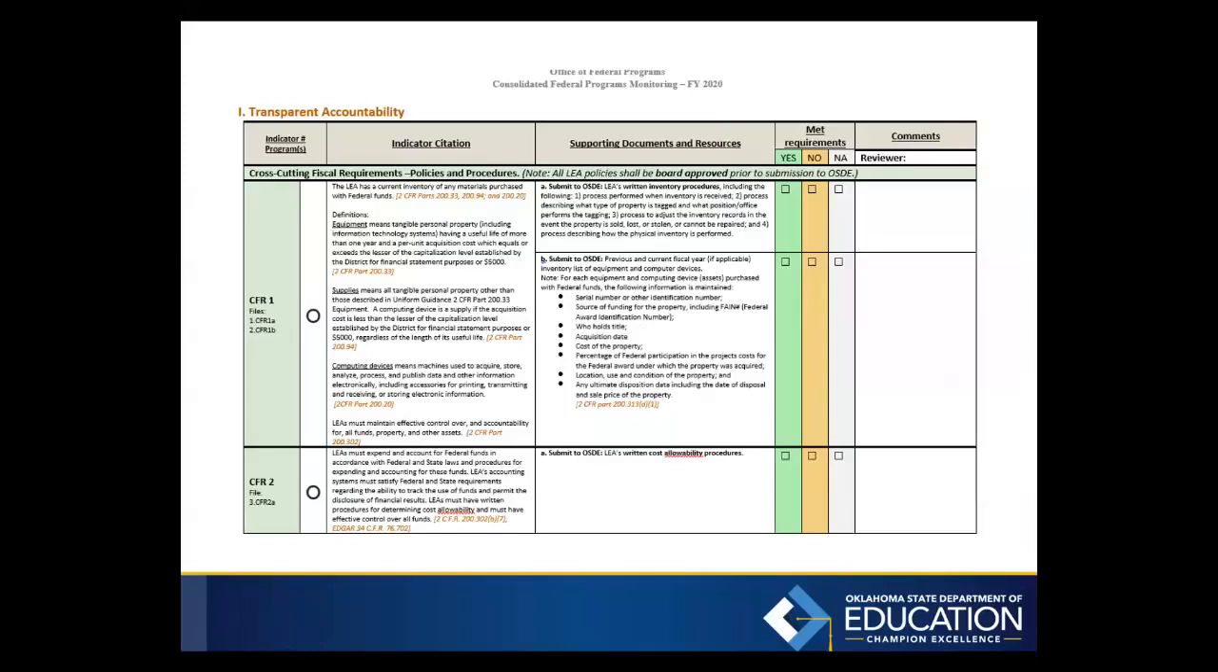Before I move on, one more thing that I want to throw in here that is new for this year. Not every item on the monitoring tool will apply to all districts. So as you go through the tool, please keep a list of those items that do not apply to your district. And then when you submit all of your documentation on the flash drive, please include a list on school letterhead, signed by the superintendent, of all the items that don't apply to your district, along with a brief explanation